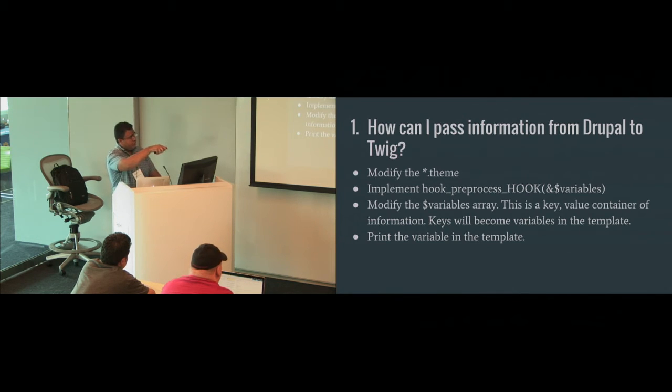You modify that theme file, you implement hook preprocess, you modify the variables array. This is a key value array, and the keys will become the variables in the template, and then you print the variable in the template. So the example itself,